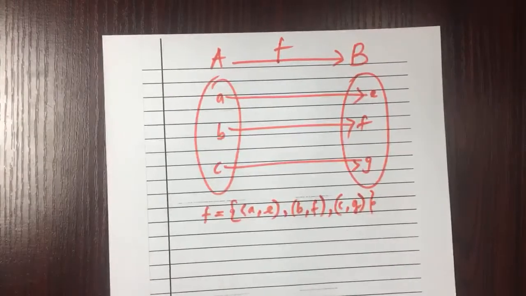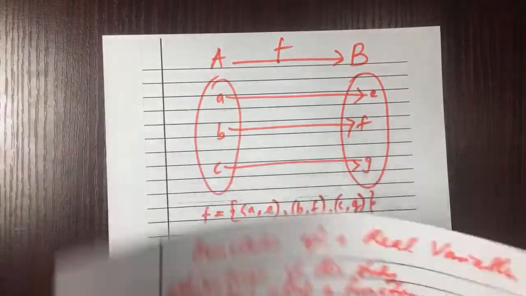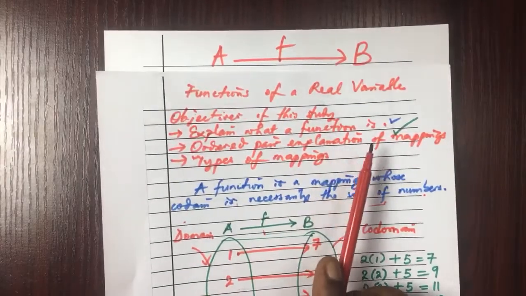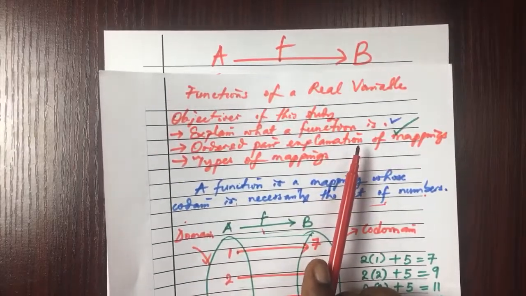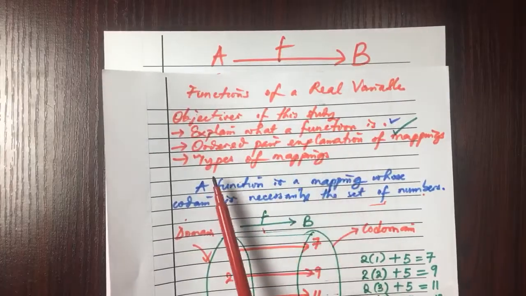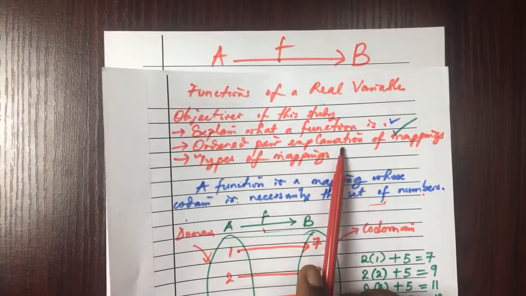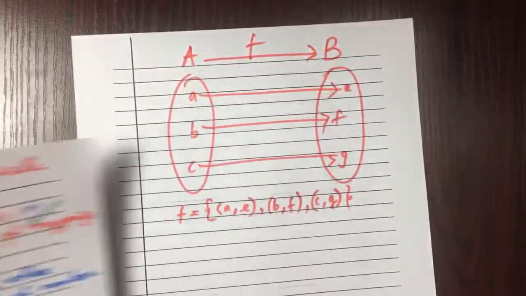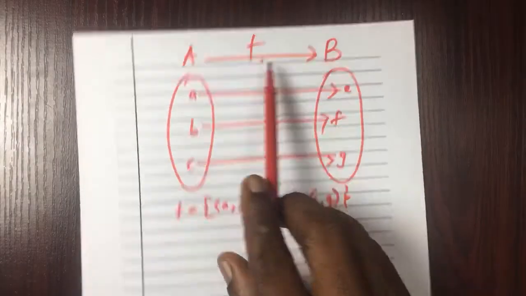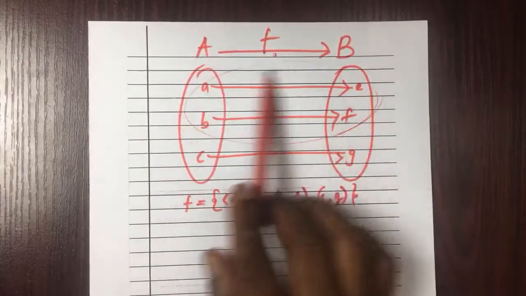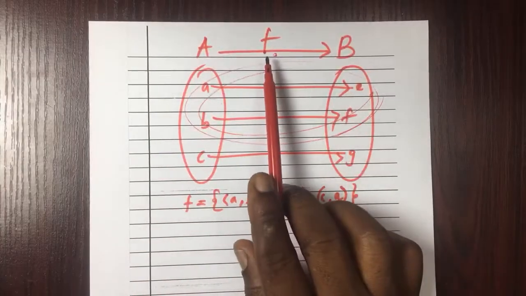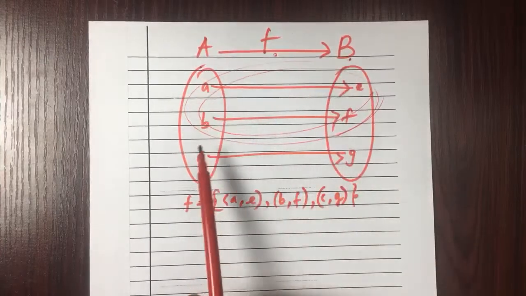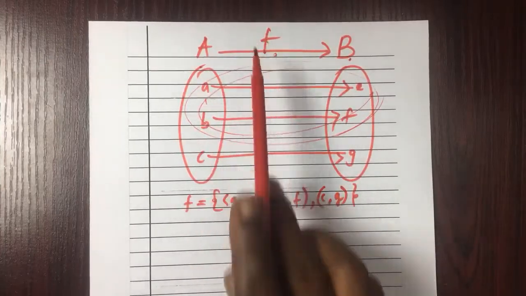Okay, so you'll be using an ordered pair to represent this mapping, and that's why I'm saying that the ordered pair explanation of mapping is essential for you to understand that you can actually use ordered pairs to explain a mapping. Okay, so look at it again. This is the mapping F. If I give you a diagram like this, clearly depicting that F is a mapping from A, the domain, into B,